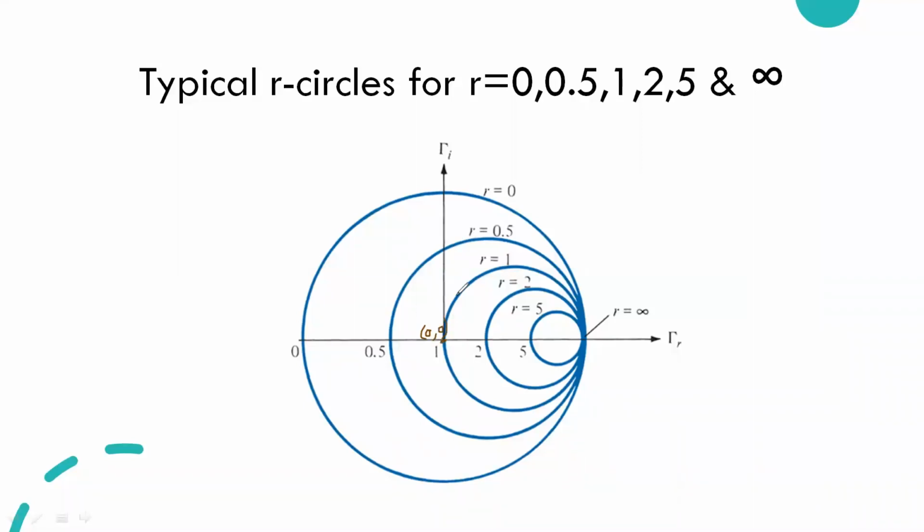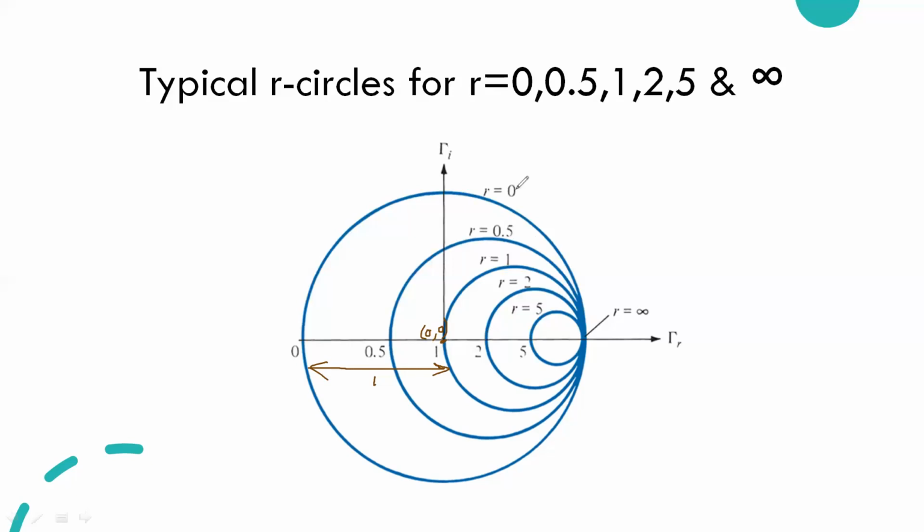Now with the radius, how much? 1. If you look into this, this is the radius of 1. This is called the unit circle, that has been shown, for the resistance value of 0. Similarly, if you take another resistance 0.5, we have the radius 2 by 3 and center 1 by 3 comma 0. So this will be the resistance circle for r equal to 0.5. For r equal to 0.5, your center has been shifted towards the right side.